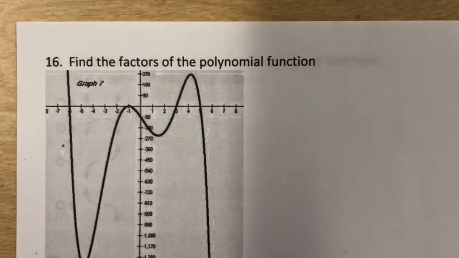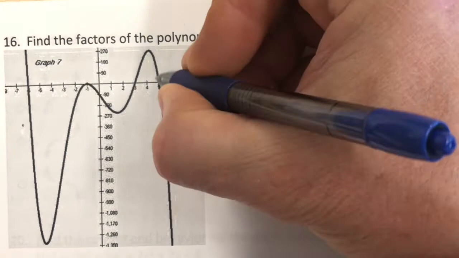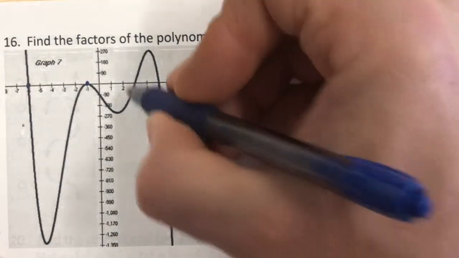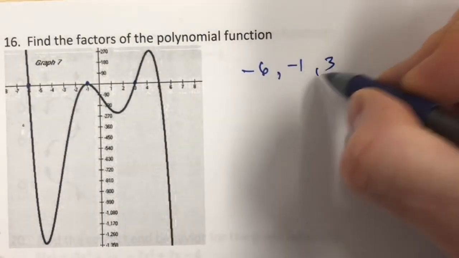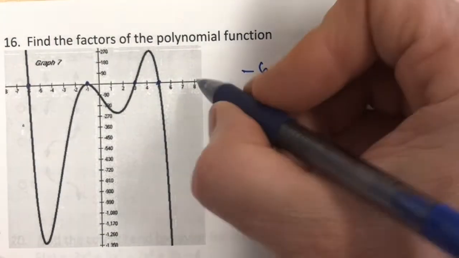Number 16, find the factors of this polynomial. All right, the factors are where the zeros are. So here's one here that looks like negative 6. There's one right there at negative 1. There's one right here at 3. And there's one right there at 5. These are my zeros,